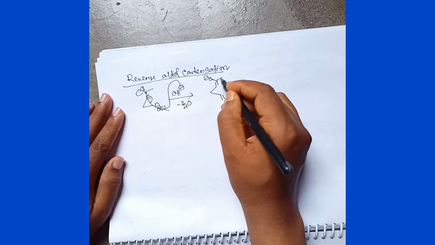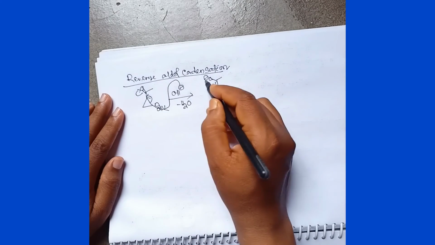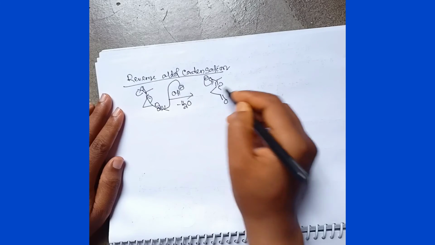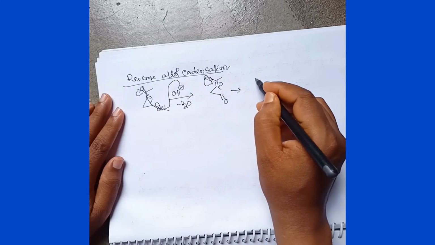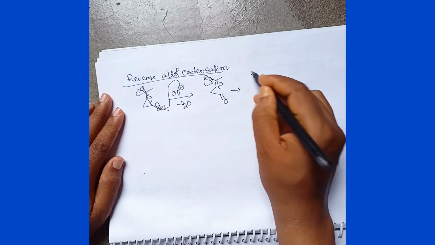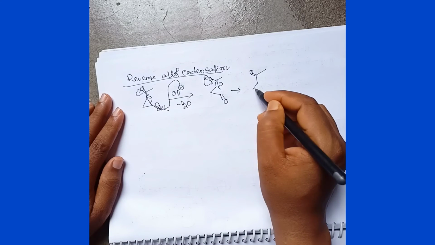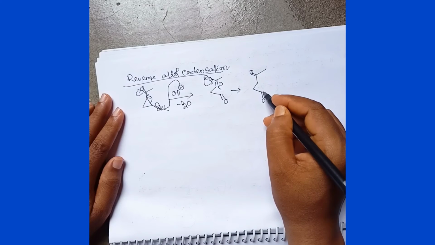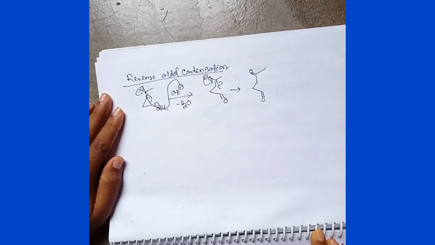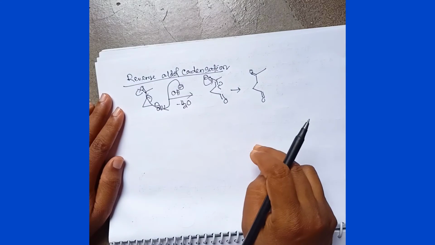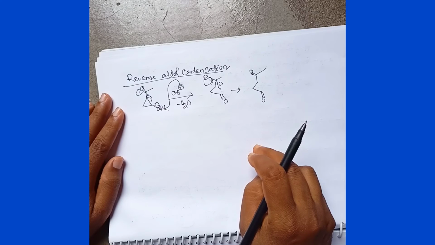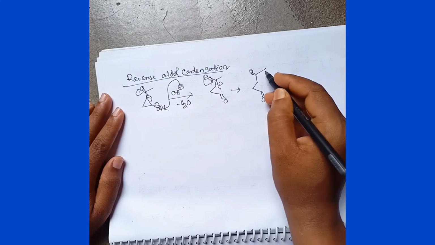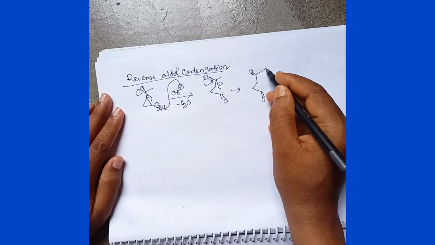O minus, this is the structure. Now again it becomes neutralized in the presence of water, forming... Now this is an open chain structure. Now abstraction of alpha hydrogen takes place. So from here, if alpha hydrogen abstraction takes place, the ring will be 1